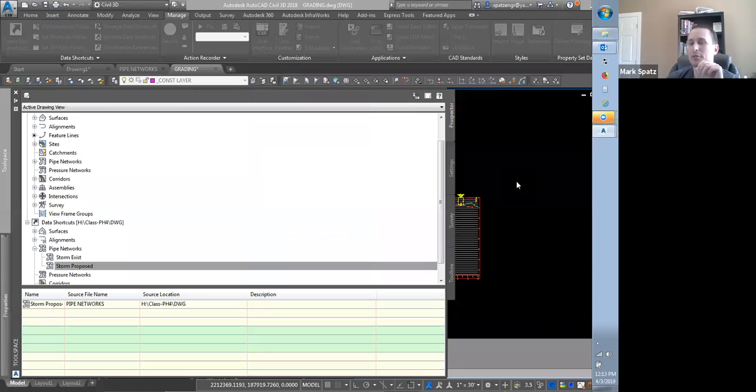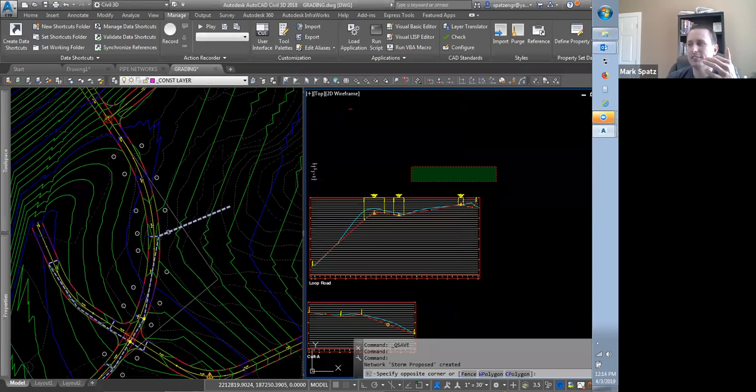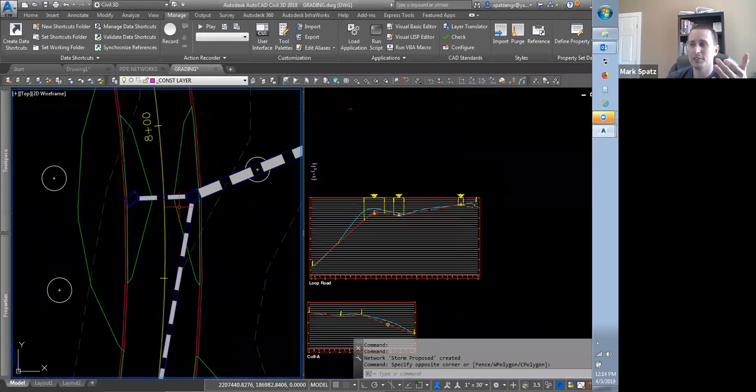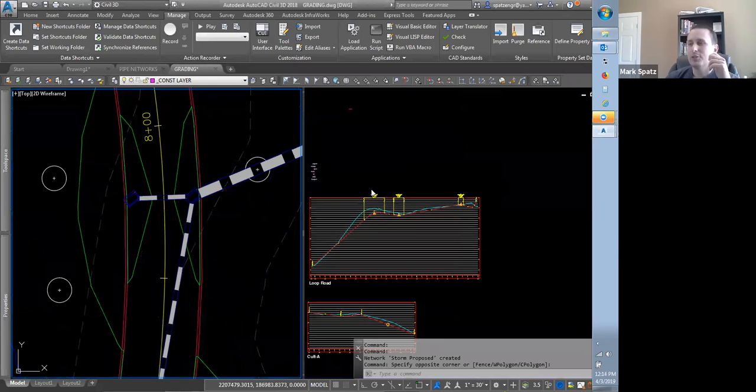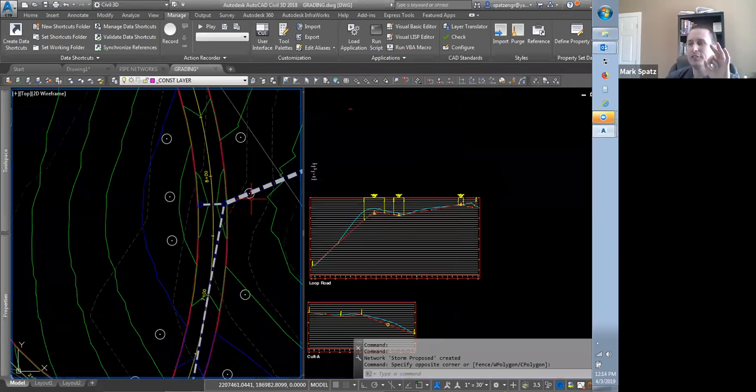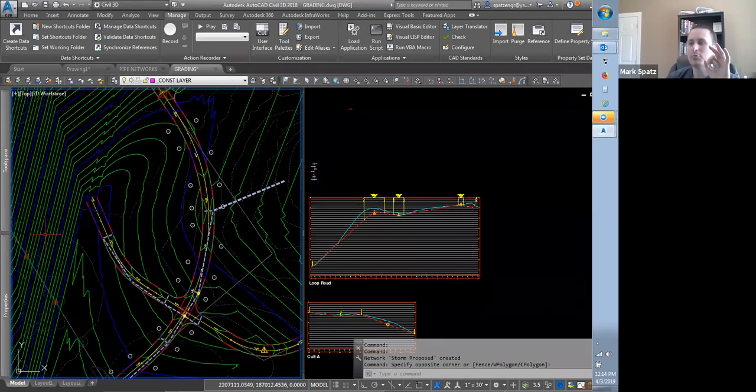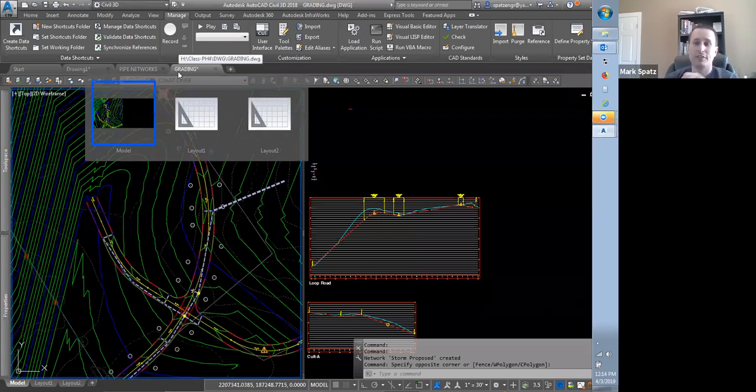It's kind of that no display thing again, right? Why can't I... now I have the same thing in two different base files shown. It kind of violates... I got all my pipe network XREF'd in here, but now I'm showing my pipes here and they're also shown, obviously, in the pipe network base file. So the reality of this kind of setup though is that you're rarely ever X-referencing this grading file